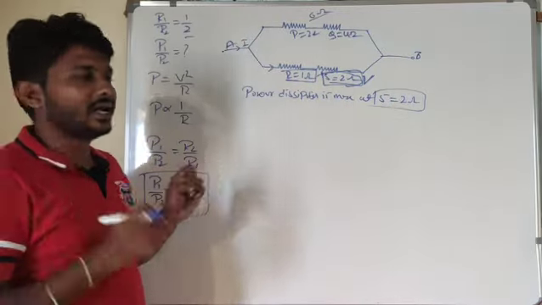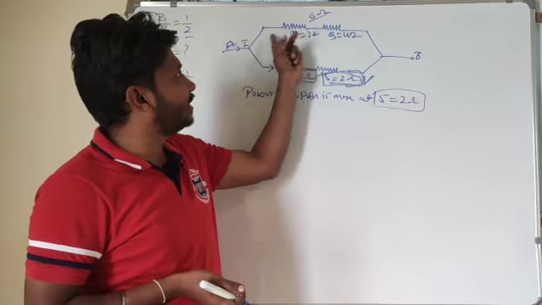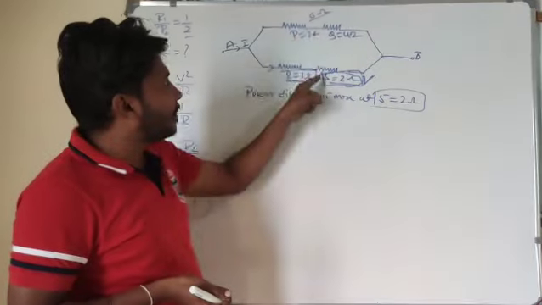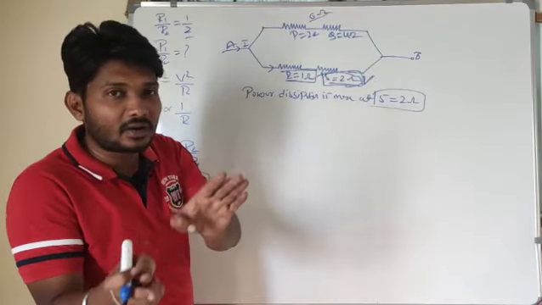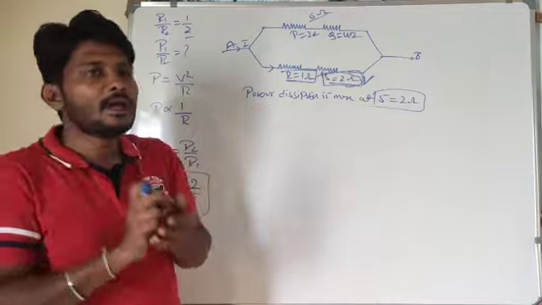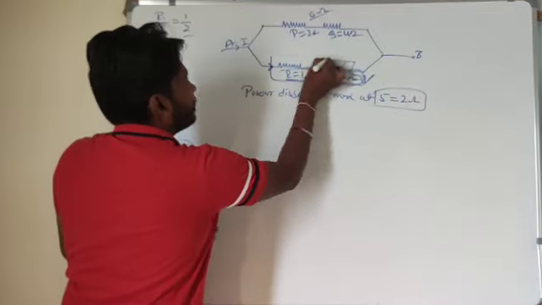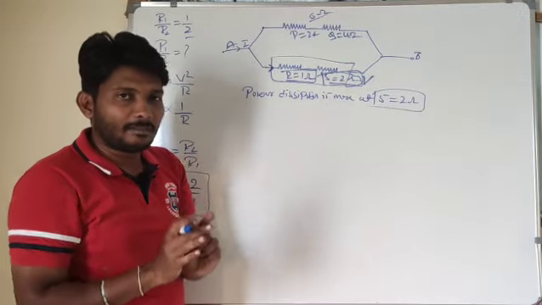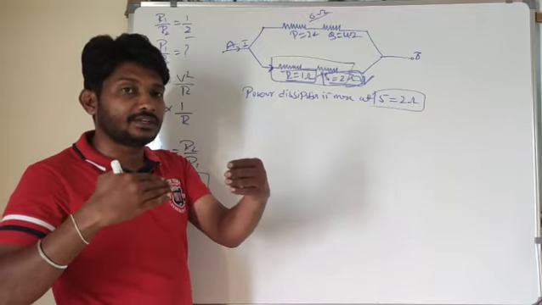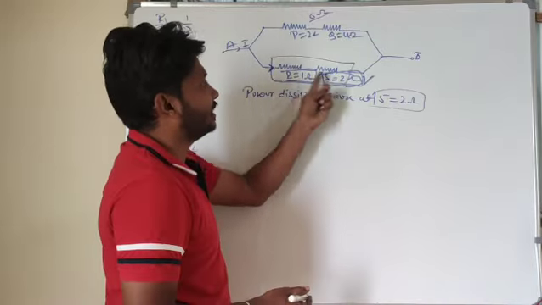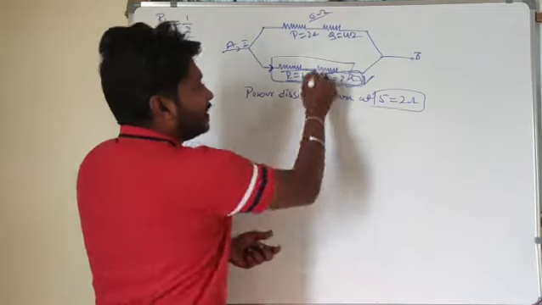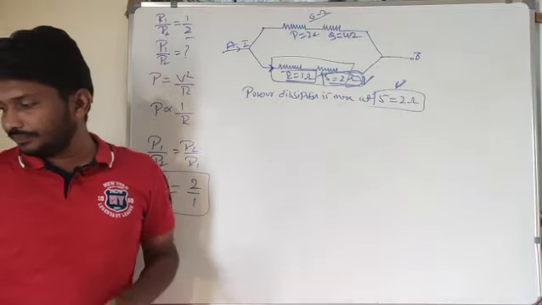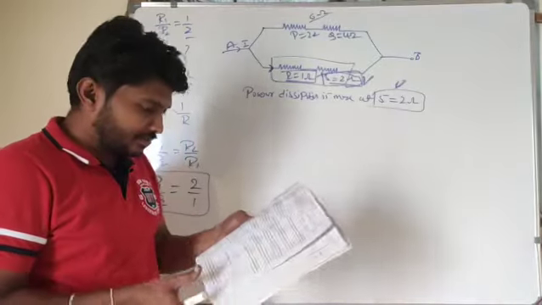So why? Initially these two are in series combination, so its effect is 6 ohm and its effect is 3 ohm here. So 6 ohm and 3 ohm are in parallel combination. In parallel combination, power dissipation is maximum for low resistance, so here the power dissipation will be maximum. In this branch, R and S are in series combination. In series combination, power dissipation is more for high resistance compared to R and S. Which one has the high resistance here? S has the high resistance. So power dissipation will be maximum in S here. So hope you are understanding these things. We'll look at the next one.